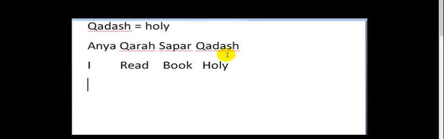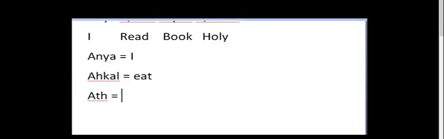Let me give you one more example. Another group of words here would be, once again, I'm going to use Anya, which is I. I'm going to put akal, which is eat. Then you have this word here, ath, which is with, but it also could be a definitive accusative. Those of you brothers that have watched the other videos, you know what I mean by that. When you read the book of Genesis, the first chapter, you see this word ath a lot there. All right. I'm going to go with the word makap, which is spoon,